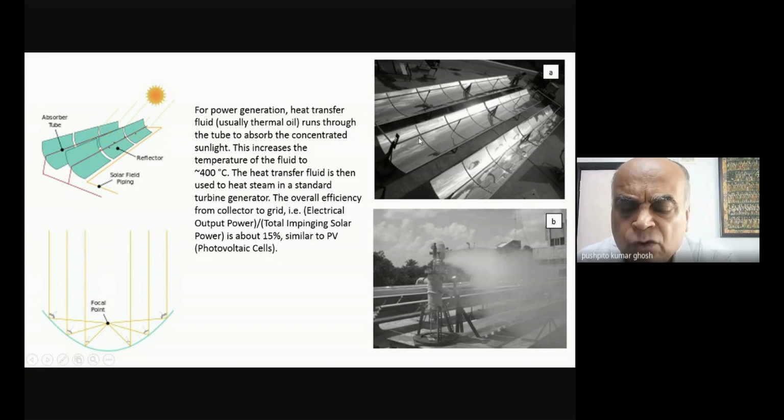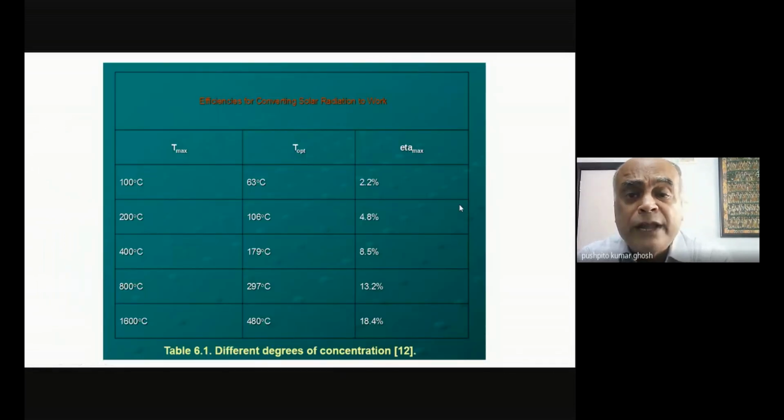The reason for that is, because over here, if you try to generate a very high temperature, you can imagine that you can have ruptures in the system. All these lines will have to be high pressure. So there are complexities in doing that. So it may be better to generate a very high temperature oil, and later on, in a more standard setup, to use the heat from the oil and heat up the steam. Okay. Now, it is very important that we understand that